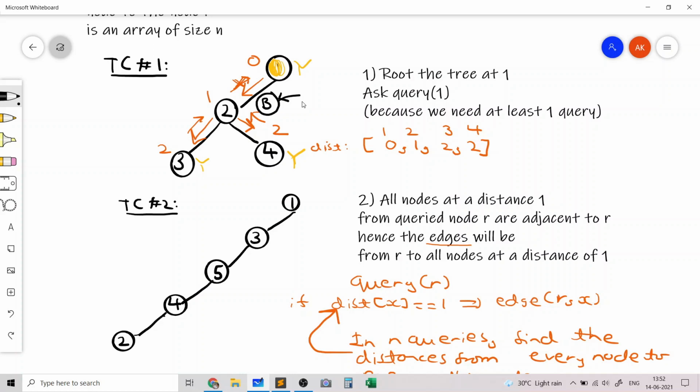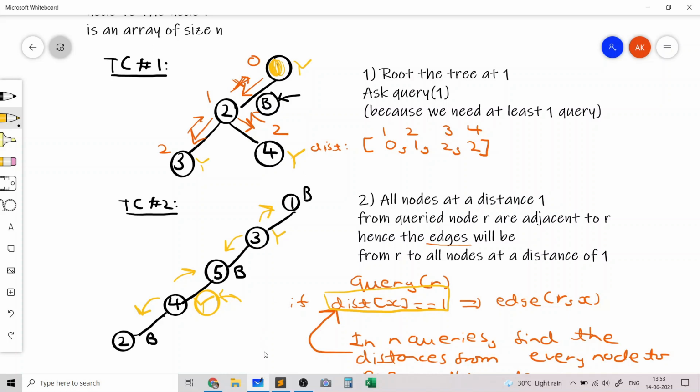So the two sets would basically be node 1, then node 3, then node 5, then node 4, node 2, and based on this we realize that the second set, which is the yellow set, is where we need to query from. And now you can see that if we query from 3, we'll basically add these two edges, and if we query from 4, we'll add these two edges. And based on this fact only, that if the distance is 1, we add the edge, and using this idea we'll basically get all the edges, and that's the whole logic behind the solution.